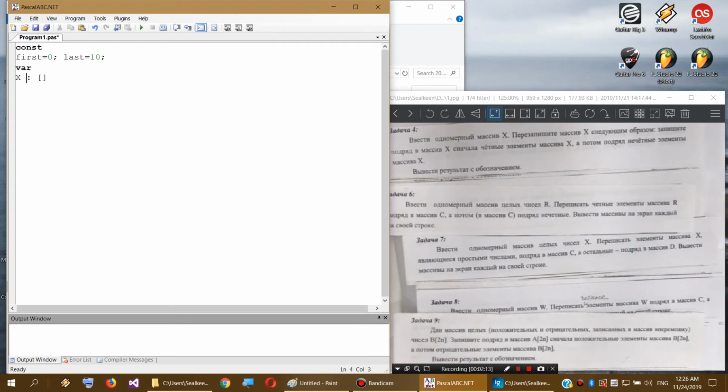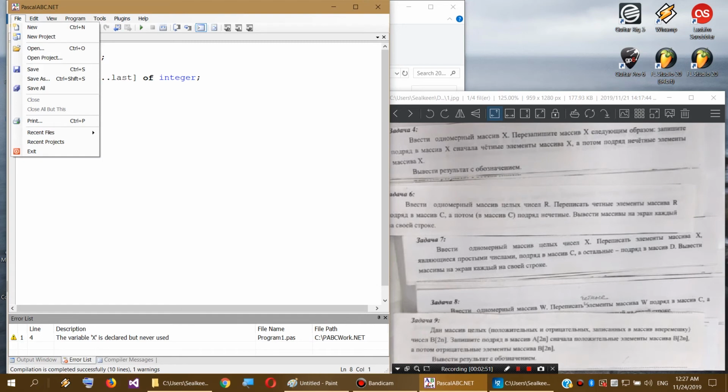So the x array is gonna be our array from first to last of integer. Let's say we're working with integers here, placing the begin end brackets as always. It's needed to compile our program without any error, so pressing Ctrl F9 to compile. And first,